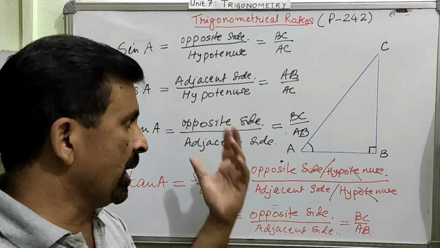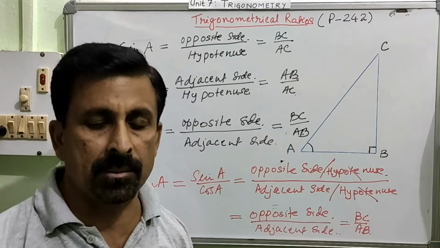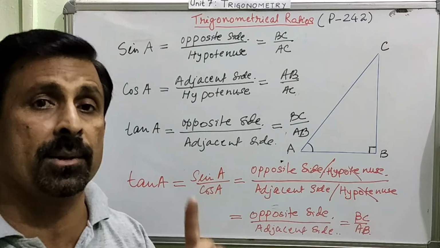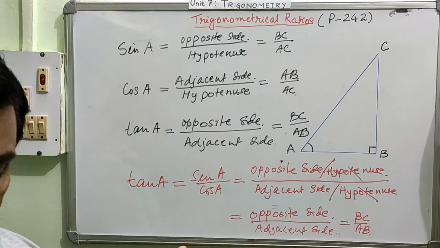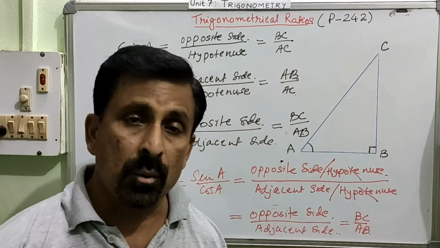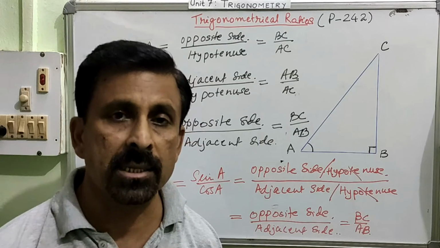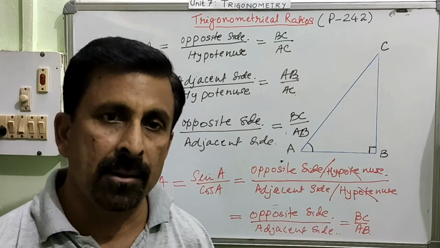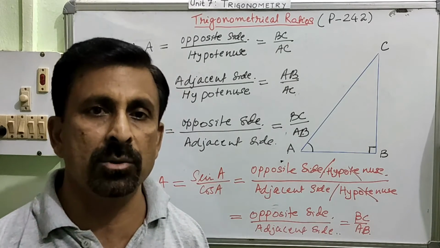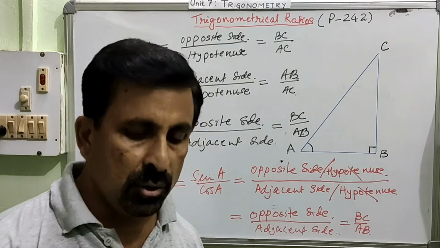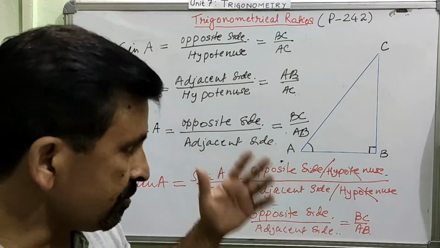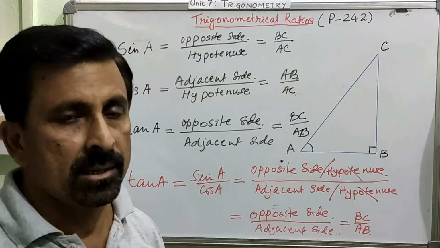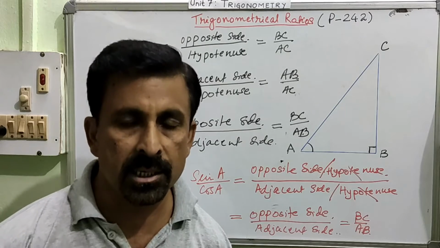Is it okay? So now we know about the three fundamental trigonometrical ratios. Along with these, it is very important to remember the Pythagoras theorem, because I told you last time, in trigonometry we often use the Pythagoras theorem. Whenever the length of one side is missing, we can calculate it by using the Pythagoras theorem. So now you will see the application of the trigonometrical ratios, the operation on trigonometrical ratios.